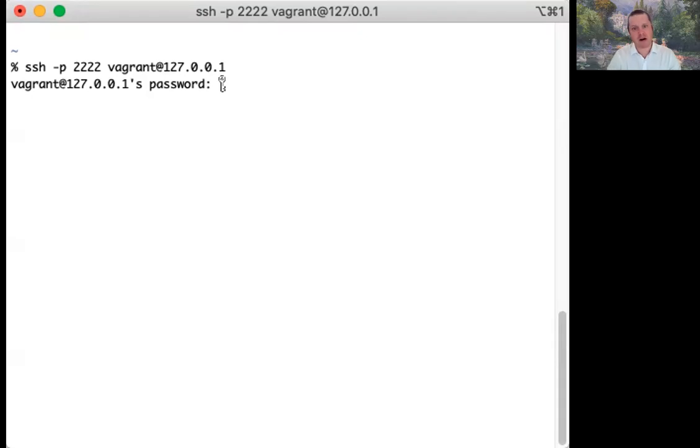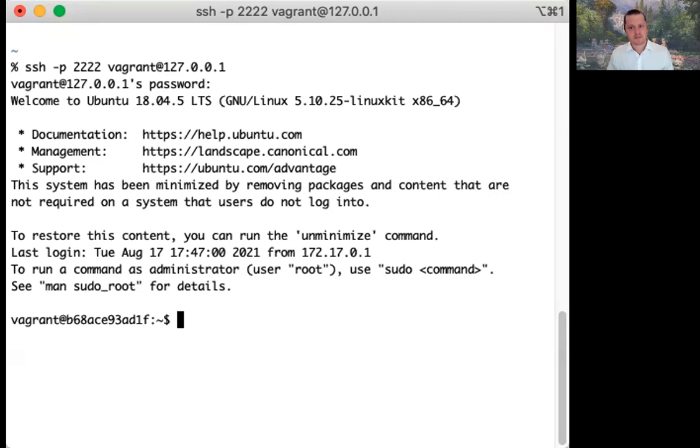As I type vagrant, notice that there is no confirmation that character input is being received. There are none of the dots as you saw in the Microsoft Visual Studio Code window. However, rest assured, the terminal window is receiving your input. It's just not showing you that it is. After typing in vagrant, hit enter, and we can see this wonderful welcome to Ubuntu. Indeed, we have logged into our virtual environment, and now we are interacting with that machine inside of our machine